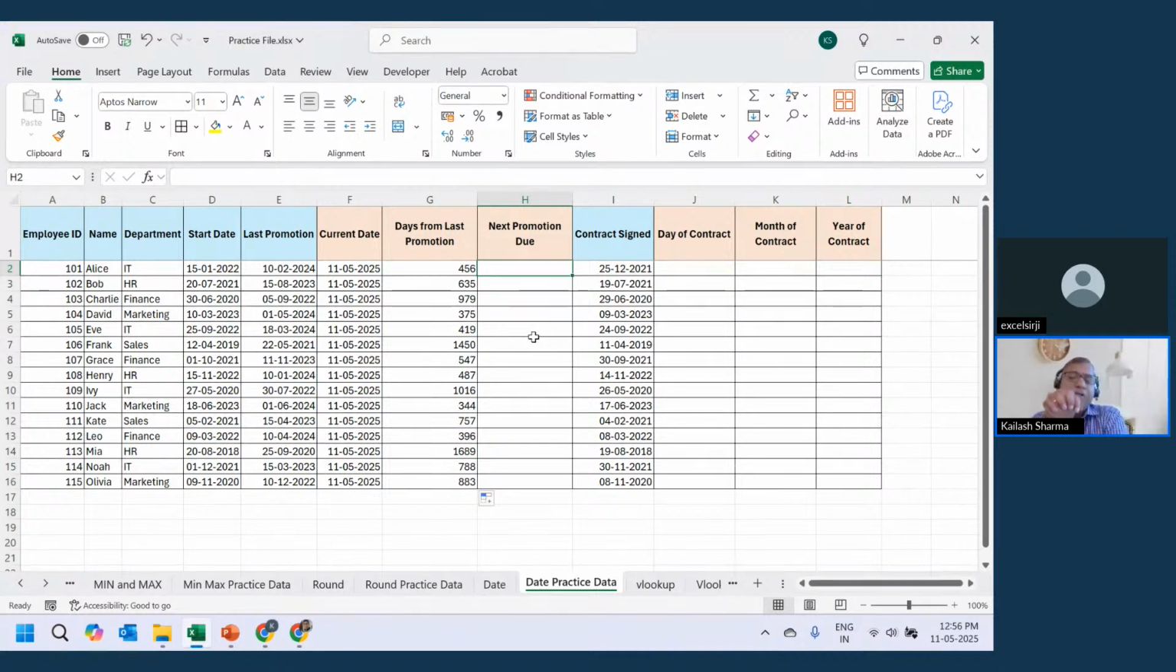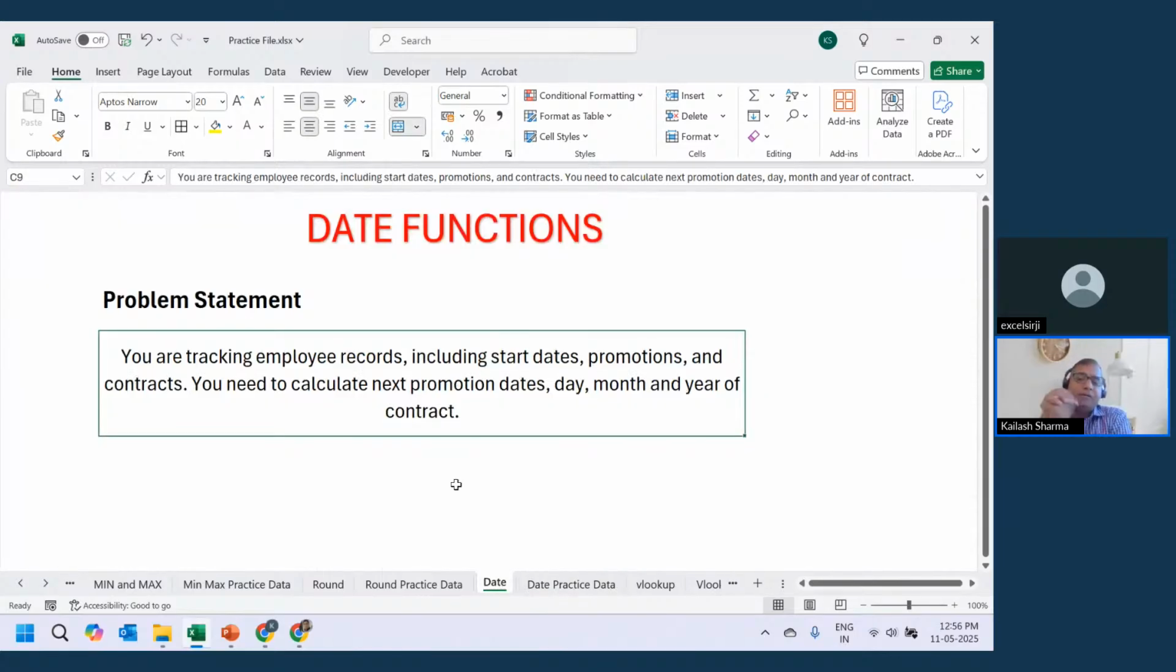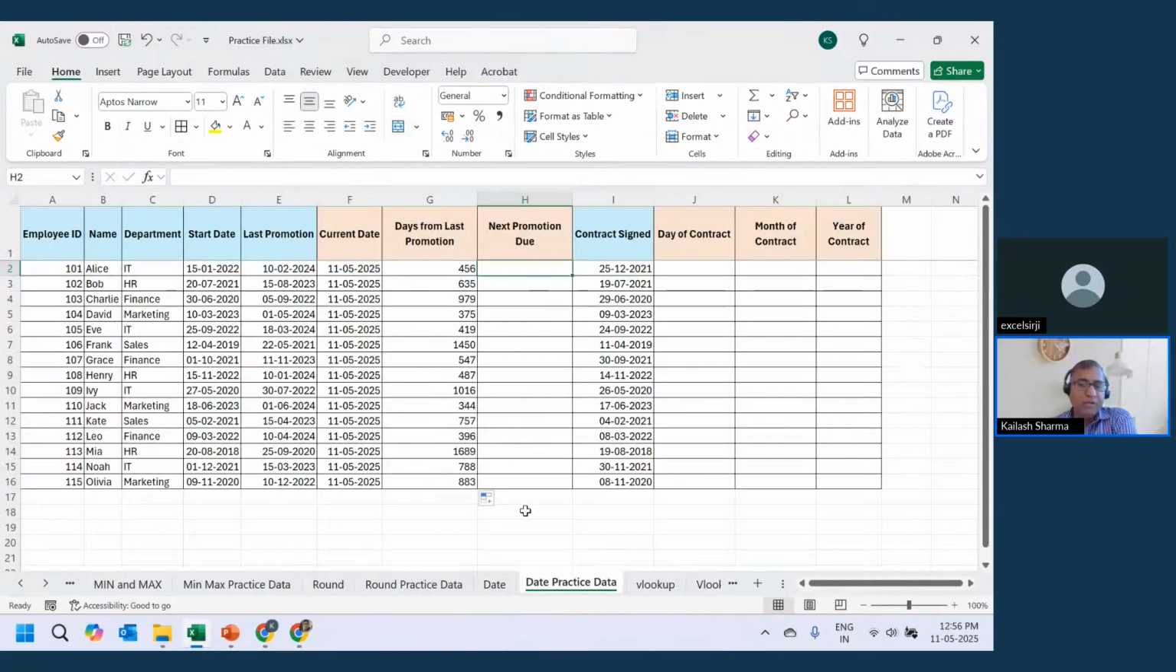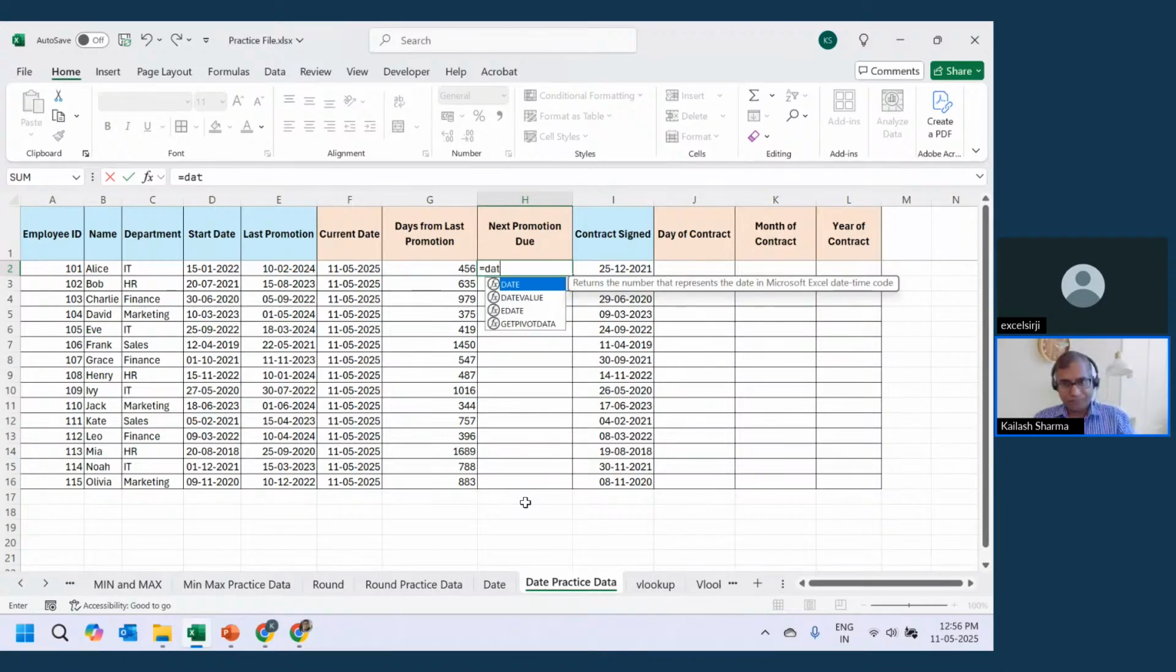Let's see. The problem statement here is that you wanted to calculate the next promotion due date as well. How this can be done is you can use a date